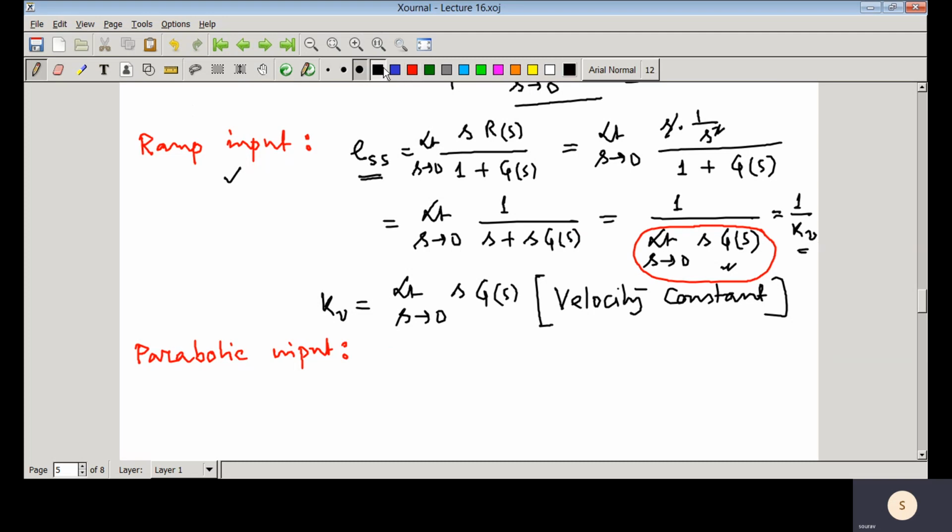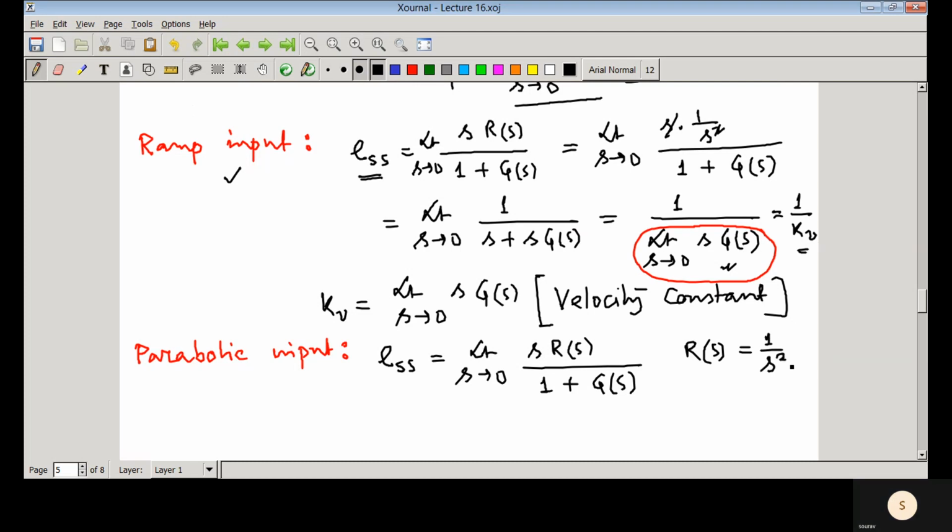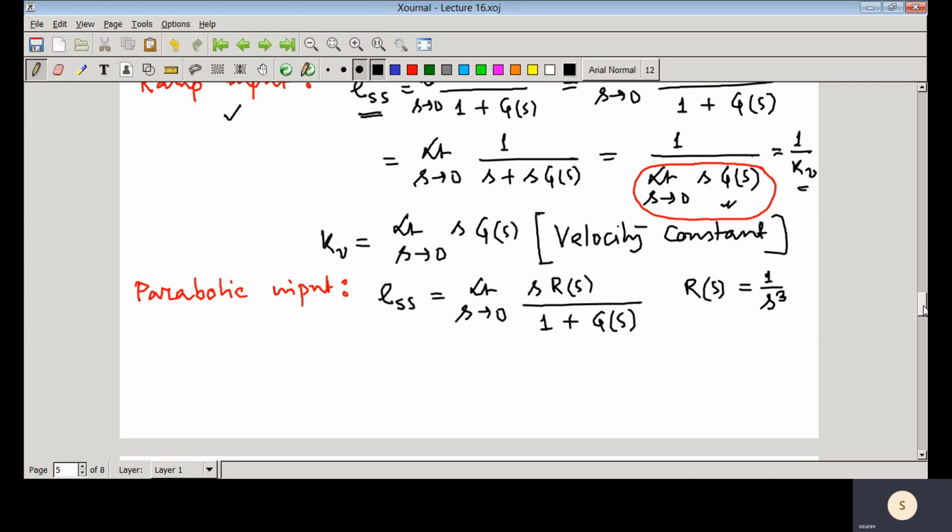So in the same way, the steady state error ess equals limit s tends to 0 of sR(s) divided by 1 plus G(s), for a unity feedback system. Now the R(s) that you would have is 1 by s cube, because if you take a parabolic input, then in place of R(s) you replace 1 by s cube, and then you have limit s tends to 0